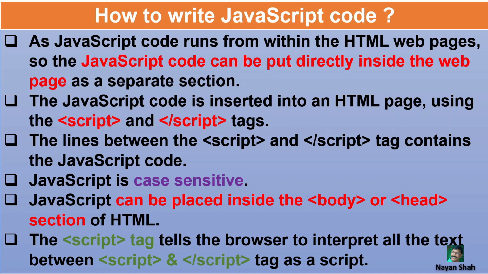Once everything is okay in our form, there is no error in our form, then only the form data goes to the server. Until then it remains in our computer. So it checks the validation of all the data in our computer, that is in the client machine. The JavaScript code can be put directly inside the web page as a separate section. So we may write JavaScript code in our HTML file as a separate section, as we have done for style,